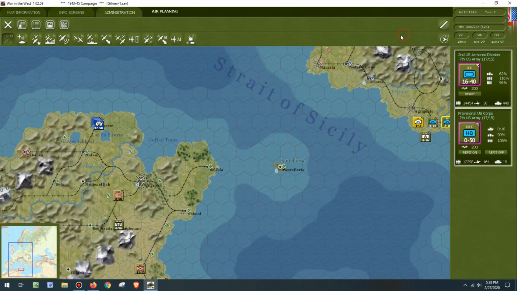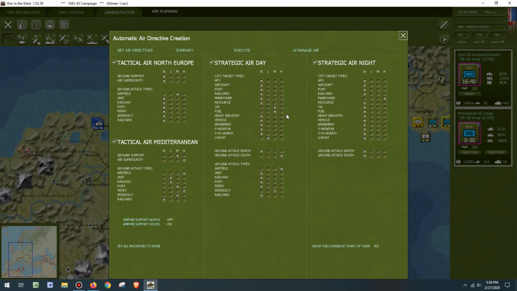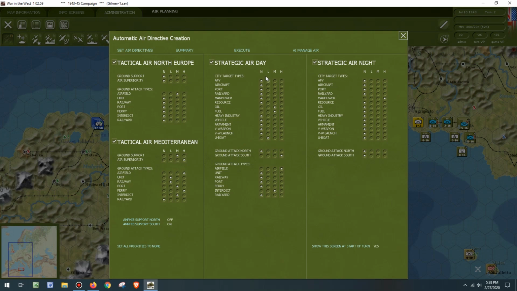So that was the air directive screen. AI move, and here's the automatic air directive. I always click AI manage air. I'm sure I don't need to do that every single time, but it takes a second. So I set the air directives so the AI can set new air directives, and then I execute. Wait a minute, before I do that, though,